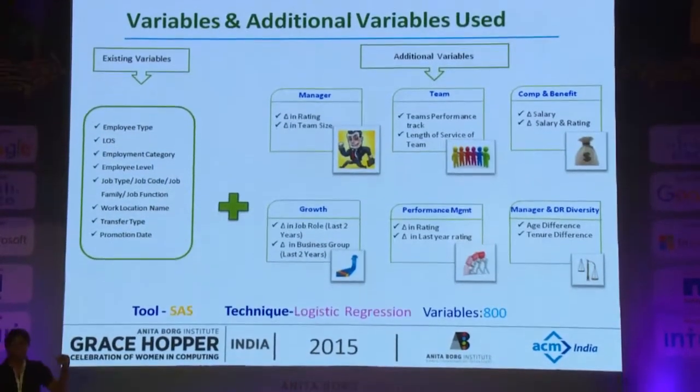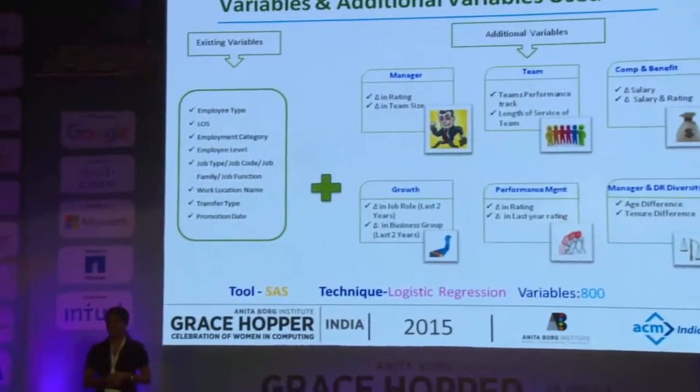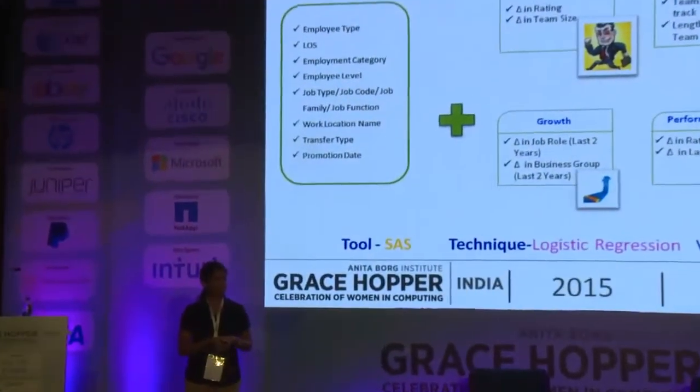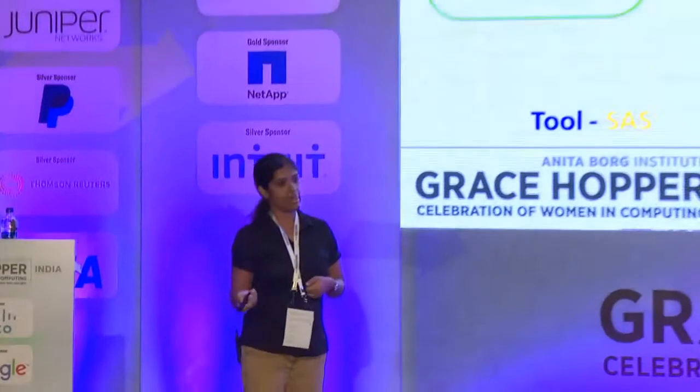Maybe like, what is manager performance, how he is performing. Maybe manager performance is leading to employee attrition, and even the team, the length of service of the team, and also what is the team size of the manager. Maybe if the manager is handling a very big team, he is not able to concentrate on each individual, so maybe it's leading to attrition. So this is to show how we created the variables.